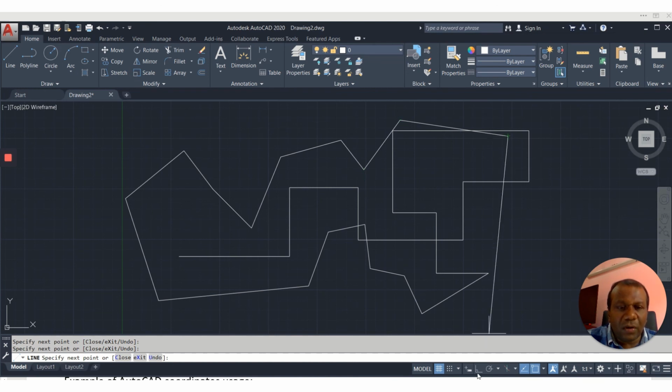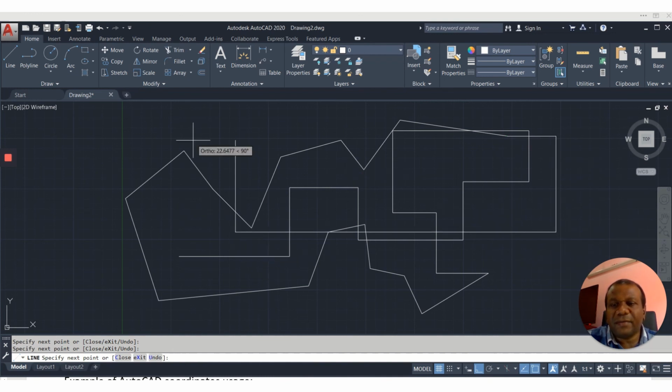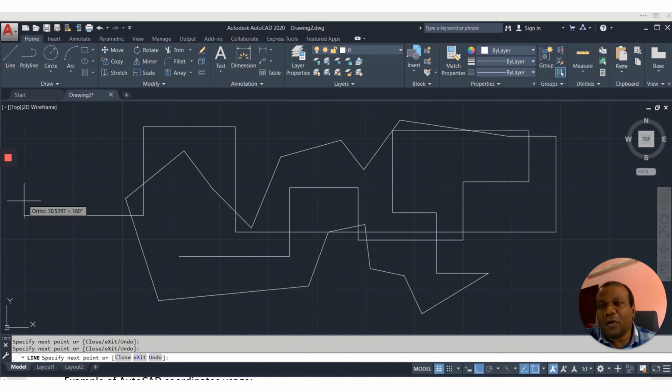If it is switched on, this is the ortho mode, and it will always be straight, either vertical or horizontal. You can't take it elsewhere. You will feel that when you are using the mouse in your hand. When you try to go to a corner, it won't allow you to go there. So these are the two tools, right? Just try this for 10 minutes. After that we will go to lesson 2.